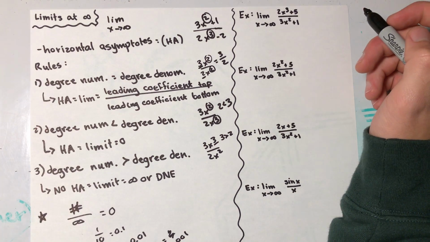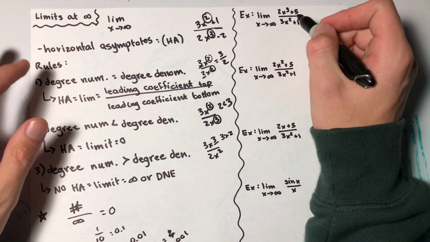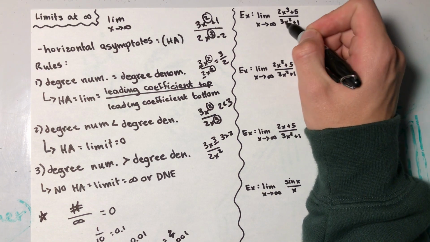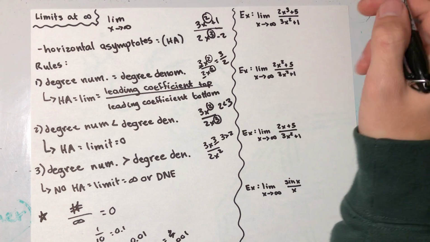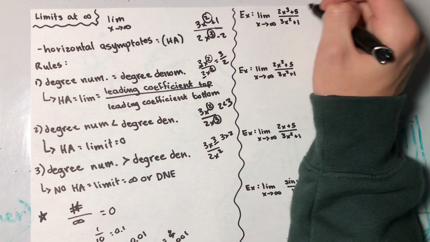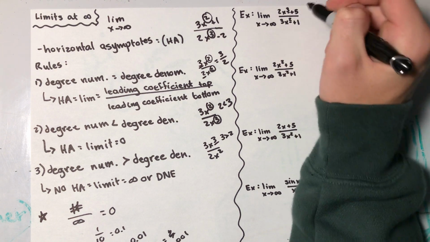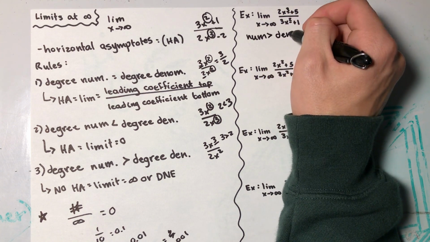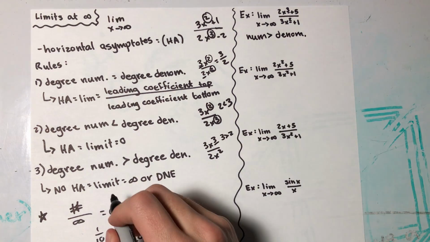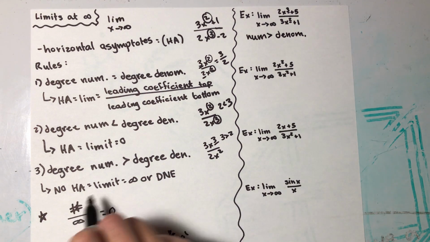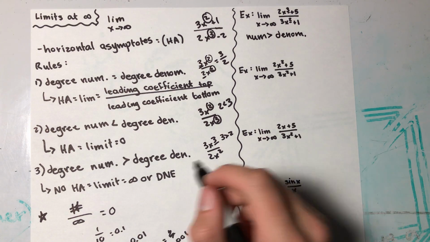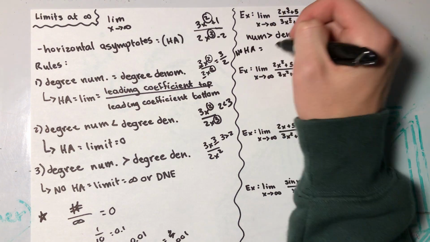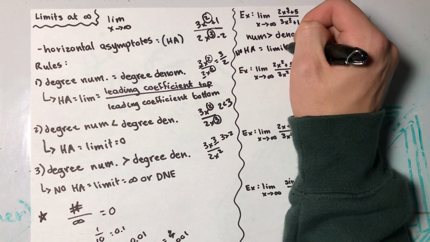So now we're going to go over some examples. In the first one, we have the limit as x approaches infinity of 2x cubed plus 5 divided by 3x squared plus 1. In this case, our degree in the numerator is equal to 3, and our degree in the denominator is equal to 2. So the numerator degree is greater than the denominator. So we use rule number 3, when the degree numerator is greater than degree denominator. And we can say that there is no horizontal asymptote, and thus the limit is equal to infinity or